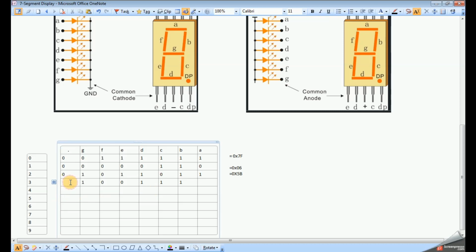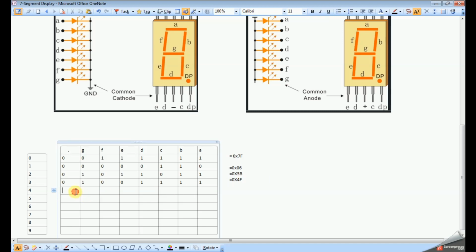Then the equivalent hexadecimal code will be 0x4F.